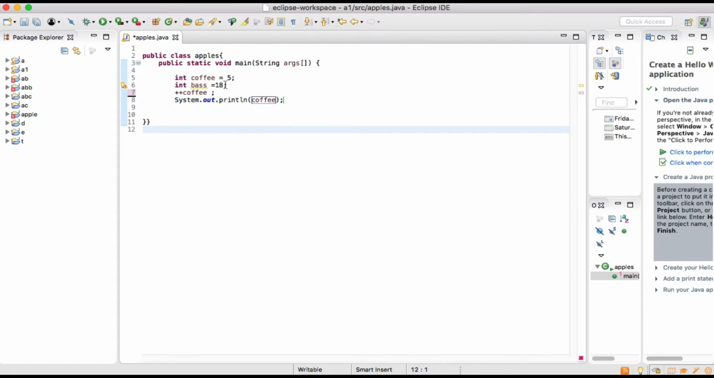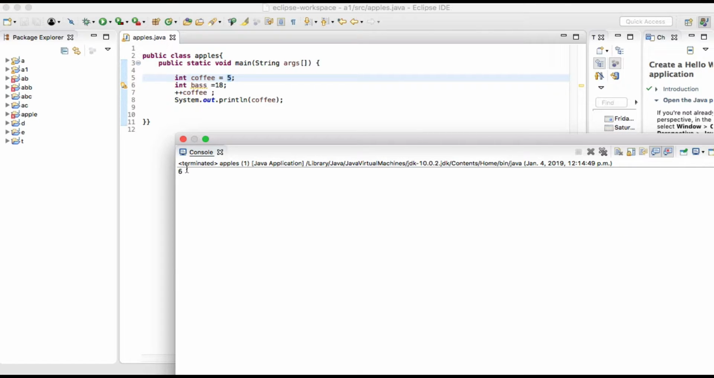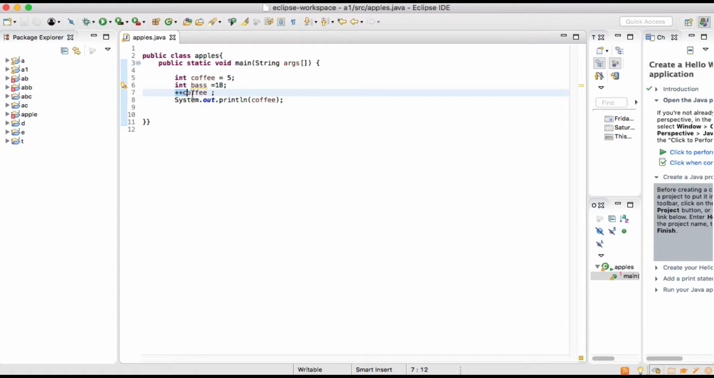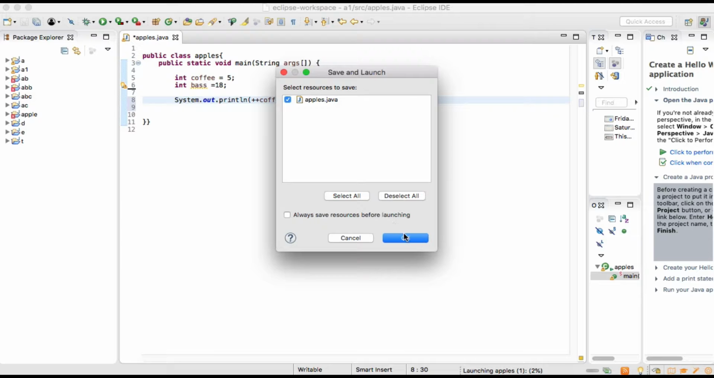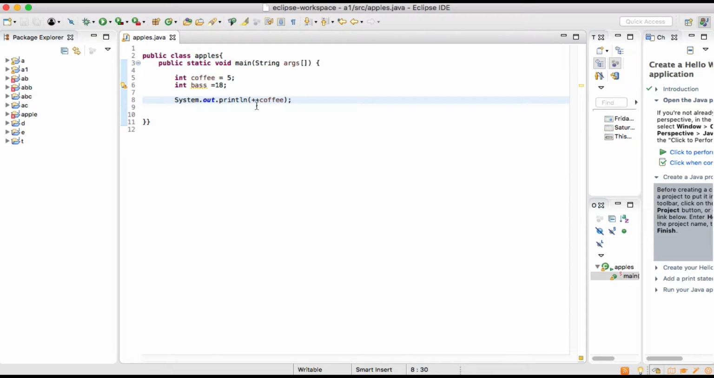Okay, now let's go and run this one. Here we have coffee value of 5. It should give us 6, and you can also directly put that plus plus inside. It will do the same thing, plus plus. This one is pre-increment, so it will do the increment first, but if you do the post increment,